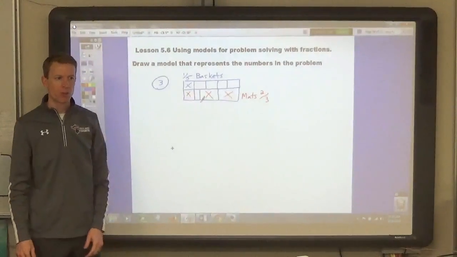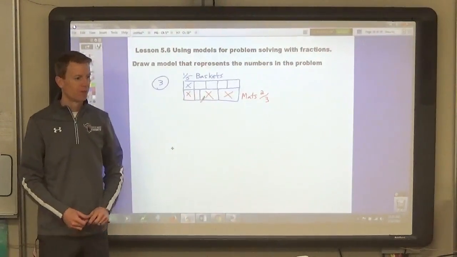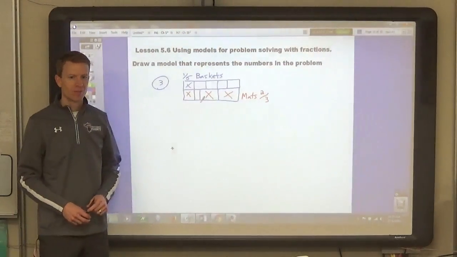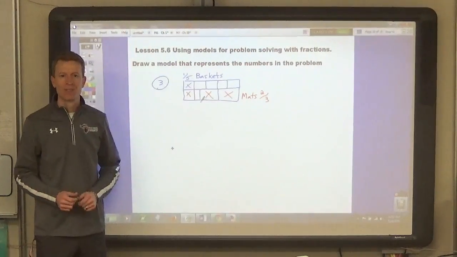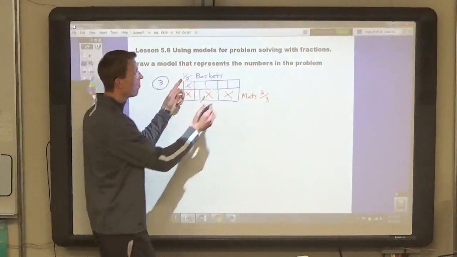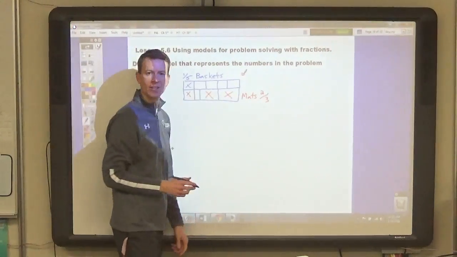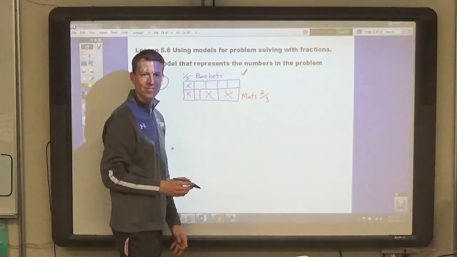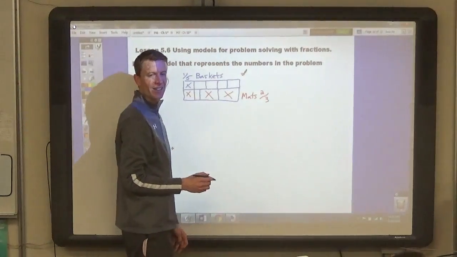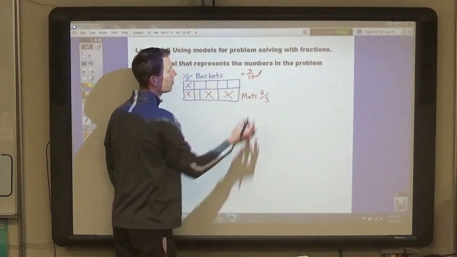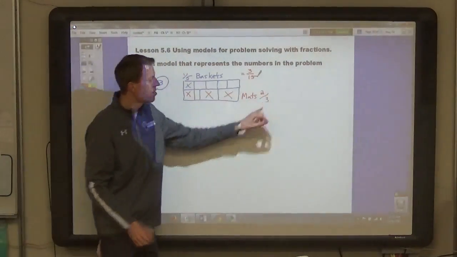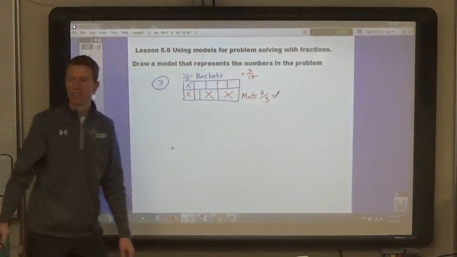Which common multiple should we use? Catherine. 15ths. Good. 1/5 equals 3/15. Yep. And 2/3 equals